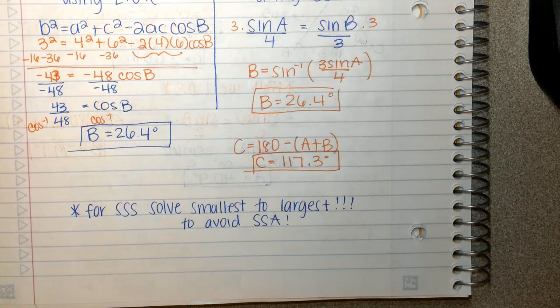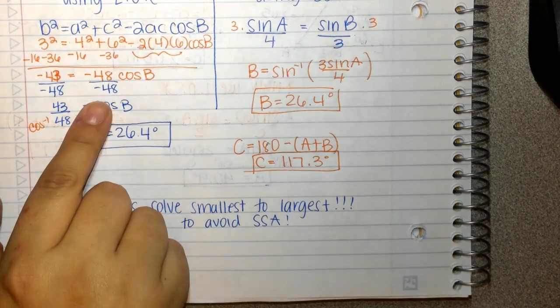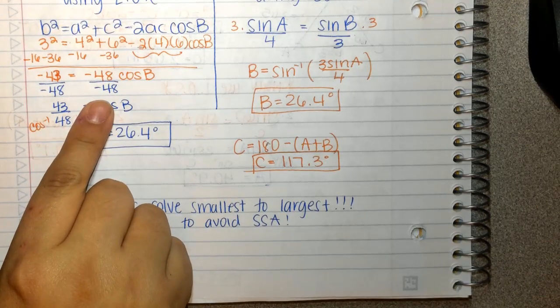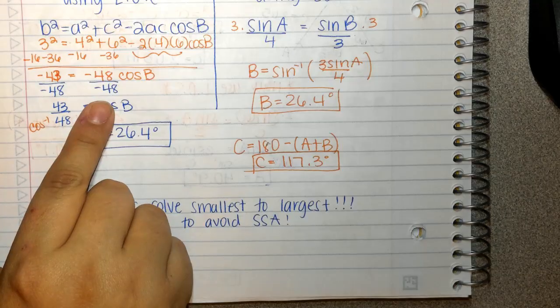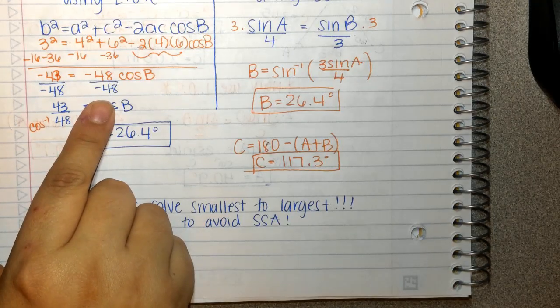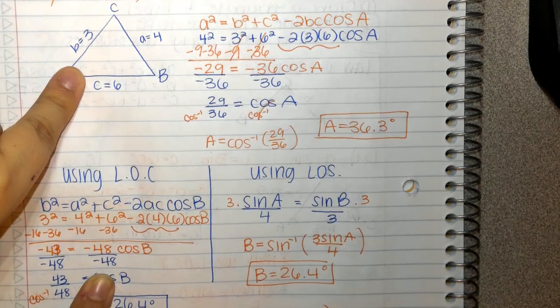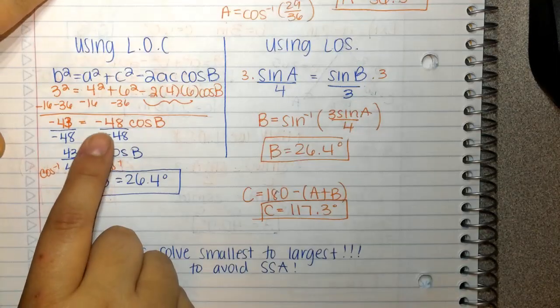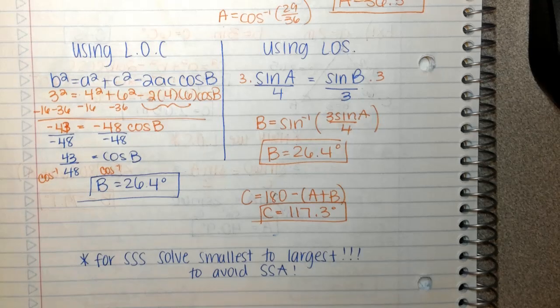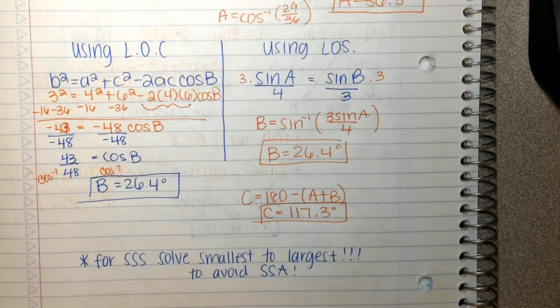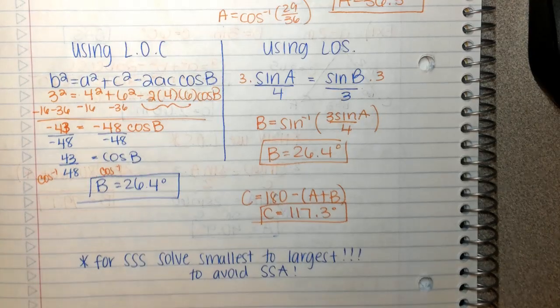If you're not careful, when you do law of sines, you could accidentally choose two sides and an angle that create two triangles. Now, are there two triangles for SSS? No. But when you're doing law of sines, the law of sines does not know that you know the third side. So you might choose two sides, an opposite and adjacent, that creates two triangles, and